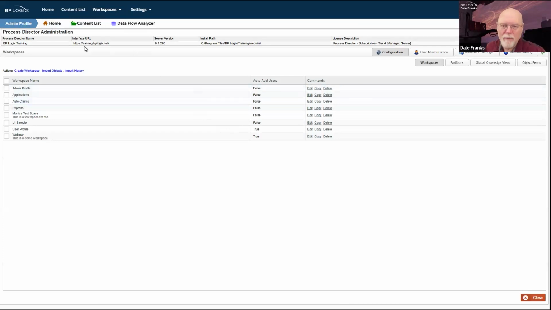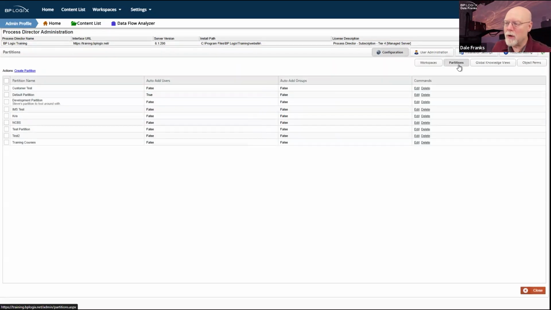As we saw, there are three sections. We're going to start off with the configuration section, and there are just a couple of things that you can do in this section. The first, and the home page for this section, and the one that you're going to be accessing most often, is the workspaces page of configuration. And this is where you create and edit all of your workspaces. We just did workspaces and dashboards a couple of weeks ago, so we're obviously not going to get into the business of learning how to create workspaces here, but this is where all of your workspaces are created, edited, and organized.